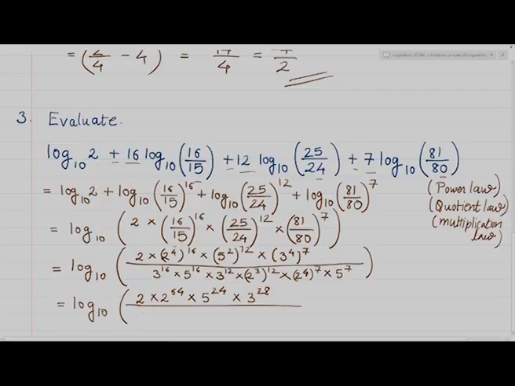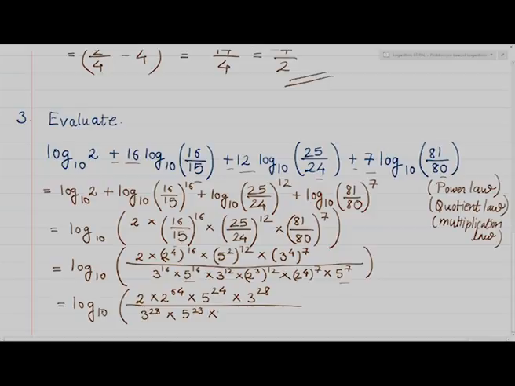So 3 raised to 16 plus 12, which is 28, 3 raised to 28, into 5 raised to 16 into 5 raised to 7, which is 16 plus 7. So 5 raised to 23